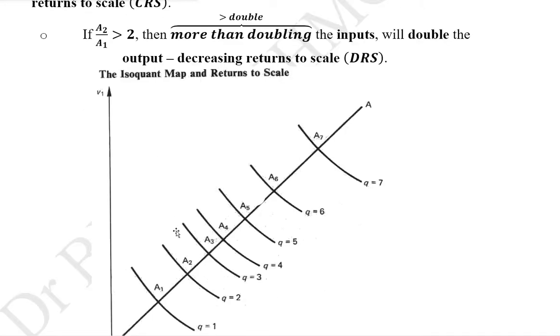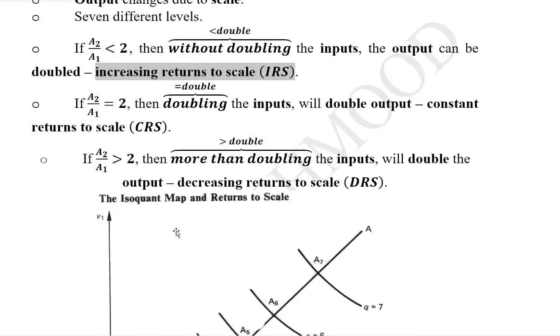So the inputs can be increased by making them double, and the output will also be doubled. This is why the answer is 2 for this ratio, and this is constant returns to scale